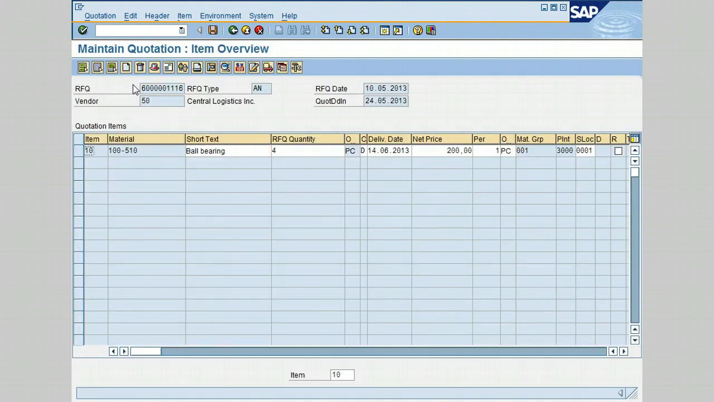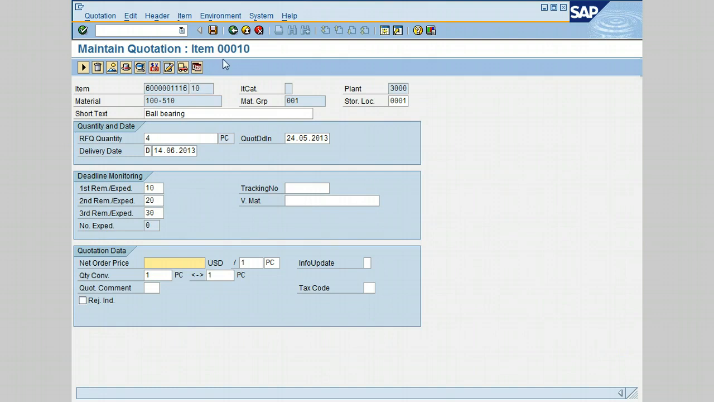The maintain quotation screen is displayed. If you notice, you have the RFQ number, the vendor, the RFQ date, and quotation deadline. The price should be posted against each item line. So let's go ahead and select the line item and click on the item details. The item 00010 screen is displayed for price entry. So let's go ahead and click in the net order price and enter $200